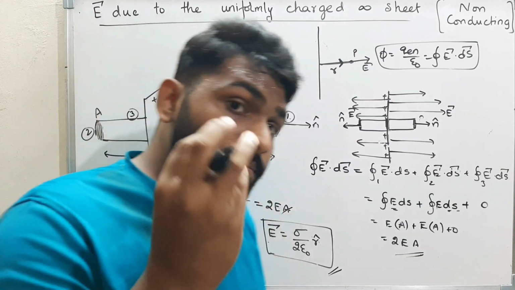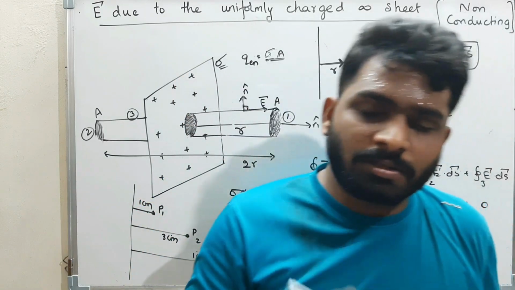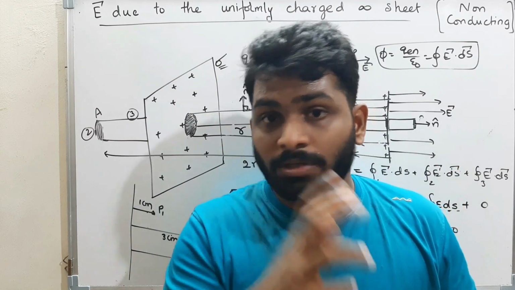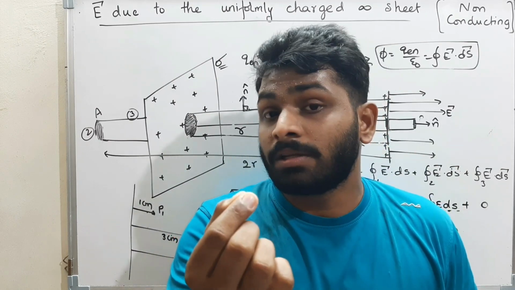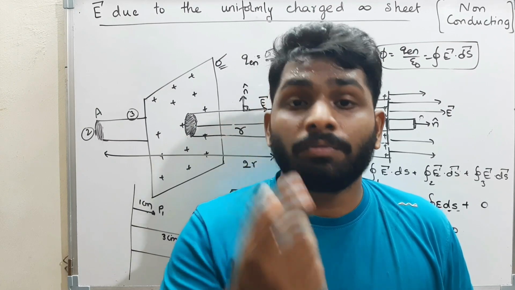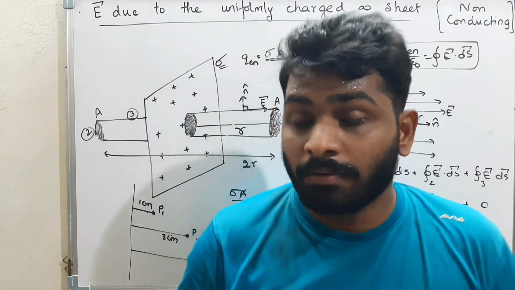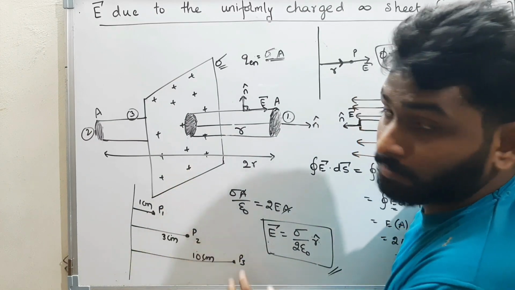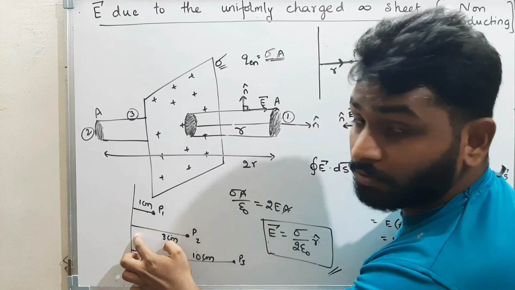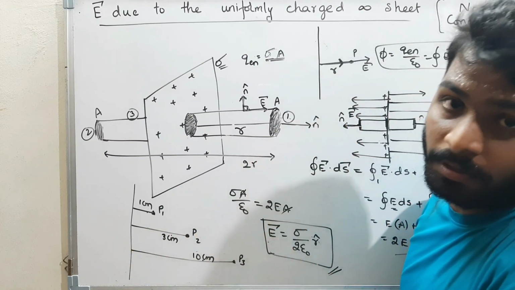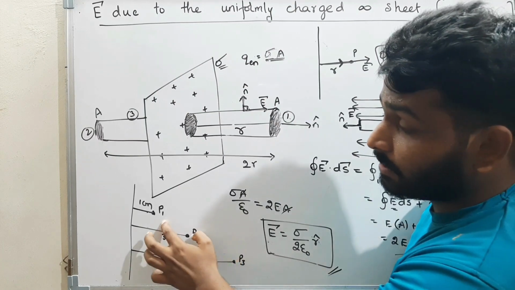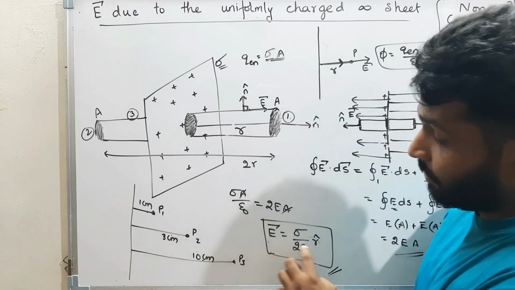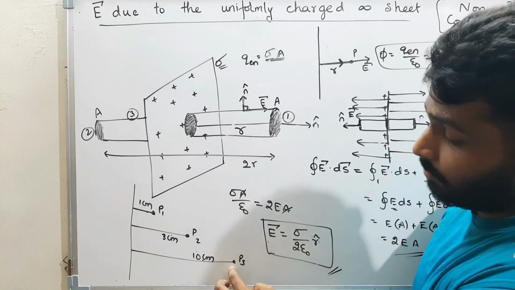There are two types of electric field, uniform electric field and non-uniform electric field. If you take an infinite wire, or a cylindrical body, or a point charge, for all these charges the electric field lines are non-uniform because the electric field won't be the same. But because of this sheet, wherever the point is, the electric field is the same. That means the electric field produced by these infinite sheets is a uniform electric field. Please remember that. The electric field is independent of the distance of where I am going to find the electric field.